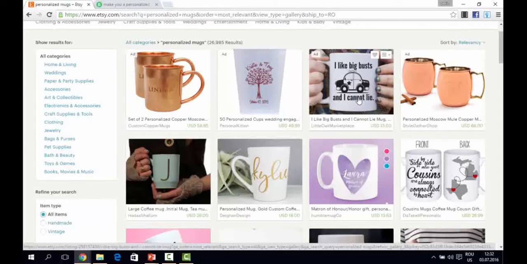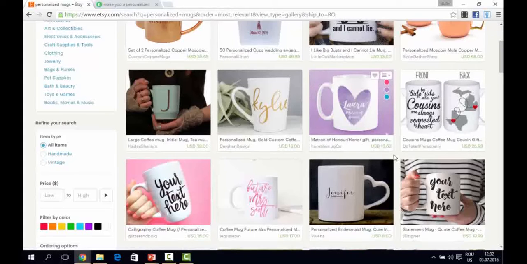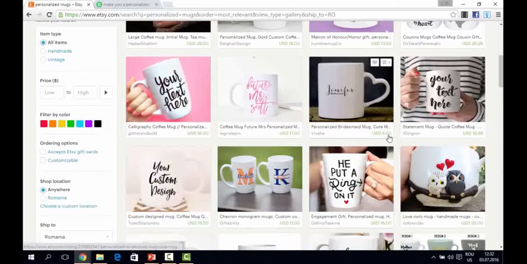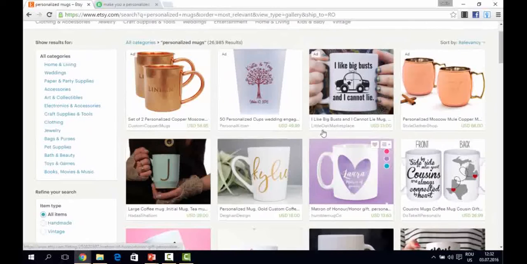If we take a look here, the cheapest one is $14. So even if you go for the cheapest price, you will still make around $8 profit, which is more than 200%. Then we have other products: $49, $18, $14, $27. This one is $8 again, but it is very simple. Even for this one you make a profit, you make $3, $16, but each of these products sell, guys. That's what's important. So this is one of the examples.